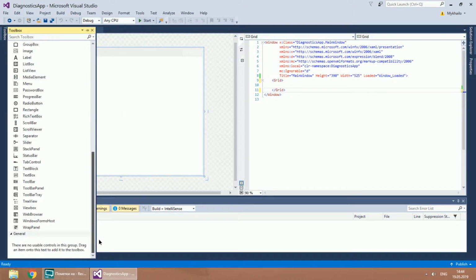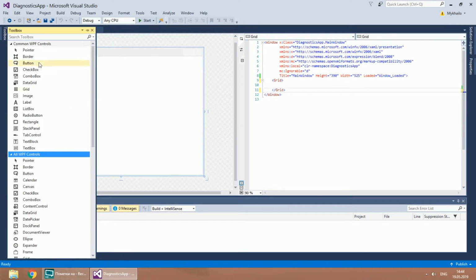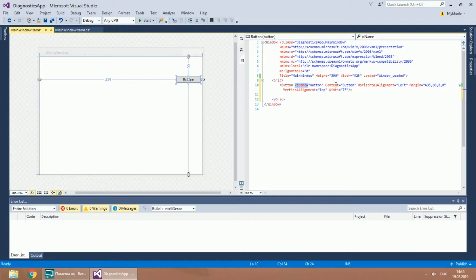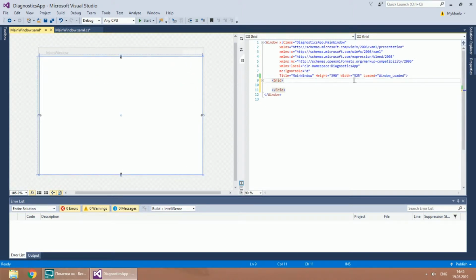If you are interested why you shouldn't use the toolbox, it's because after you drag and drop controls, they will appear in the wrong place in the structure of your window. Moreover, you will get attributes that you don't need. Let's get started by changing attributes. For example, let's change the height of the window.